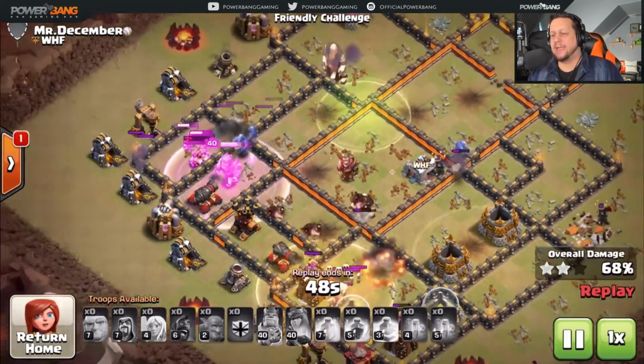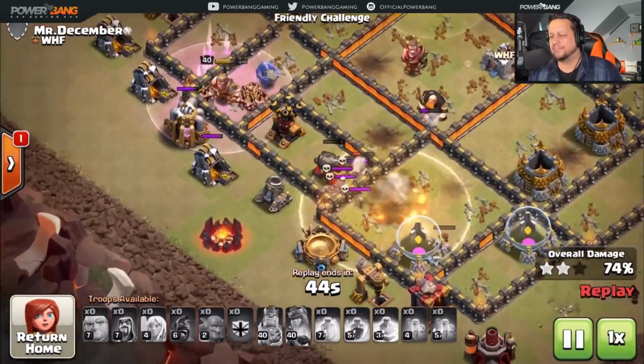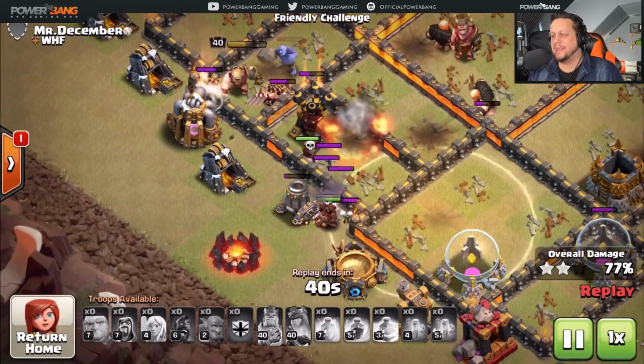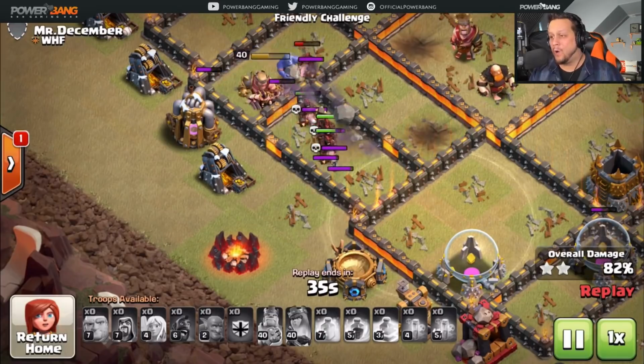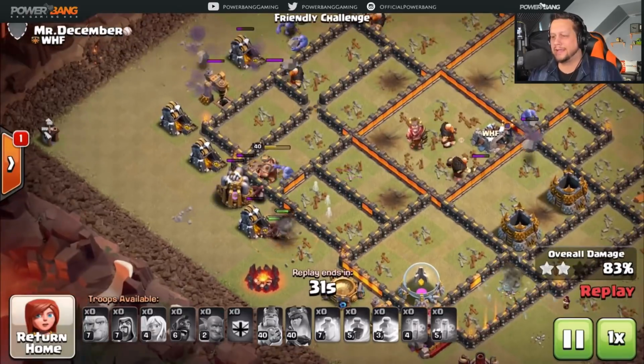So on the top side, the King, the Giants, the Bowlers doing work. One more heal spell left over for these Hog Riders, still being pestered by the skeletons. They get to the final two defenses in the base, take out the mortar, take out the air defense, and they are turning their attention now to taking out these skeletons. They're done at this point. I'm thinking, oh my goodness gracious,